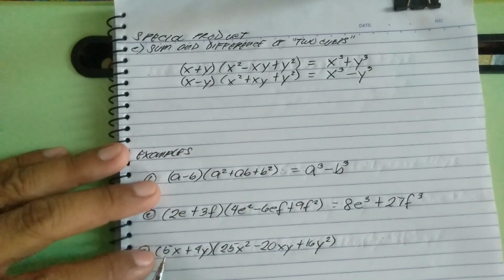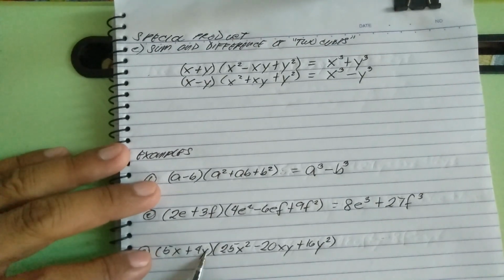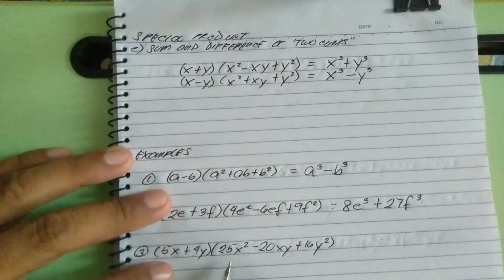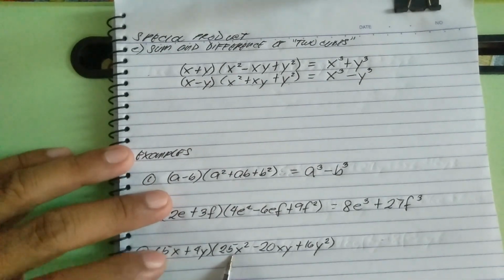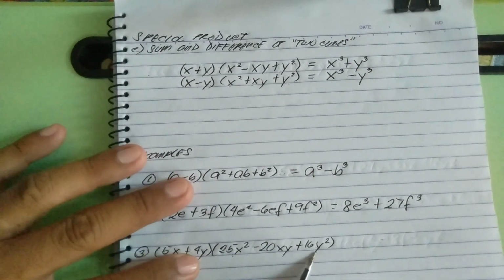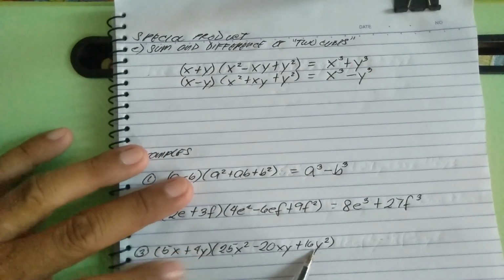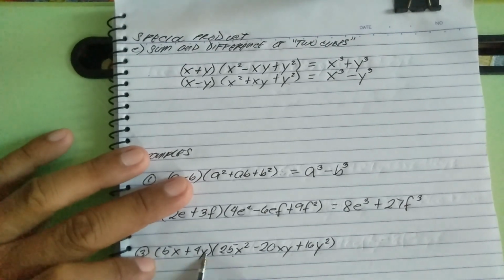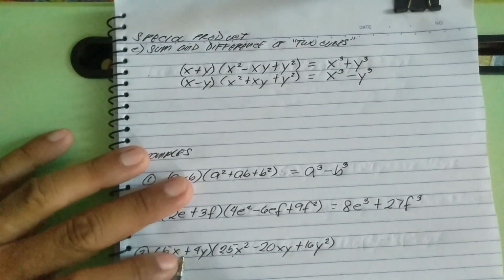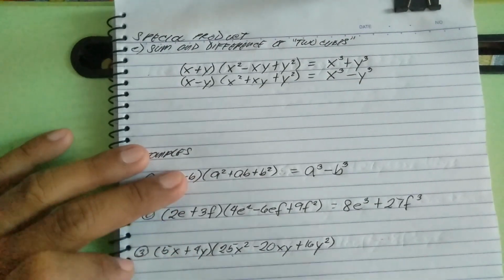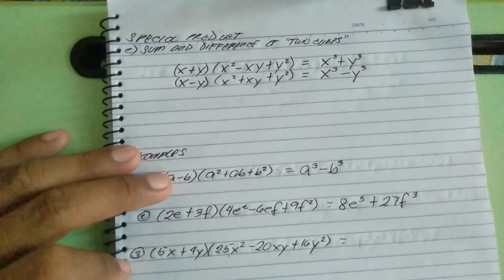Okay, we have 5x plus 4y. Papansinin ko yung second factor ko kung tama ba o mali, no? Square the first term. Tama. Na-square ang first term, na-square ang last term, tama. And then, pinag-multiply ang first sa second term, negative, kasi positive to. 5 times 4, 20, xy. Okay? Kaya ang magiging kasagutan ko is